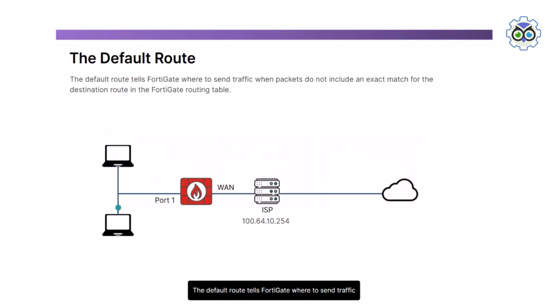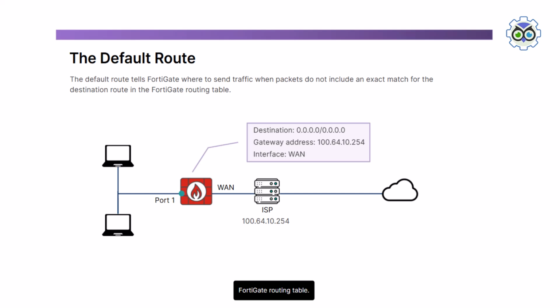The default route tells FortiGate where to send traffic when packets do not include an exact match for the destination address in the FortiGate routing table. Usually, all the users that are behind FortiGate need a default route in order to have internet access. In the default route, the destination address is set to